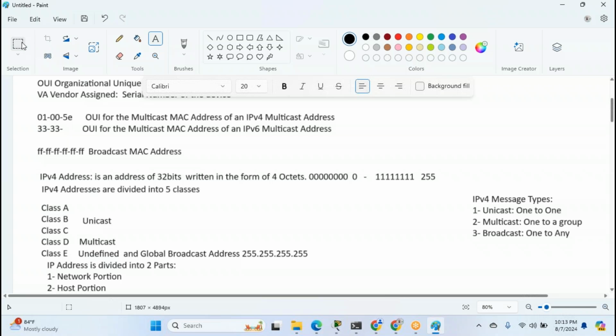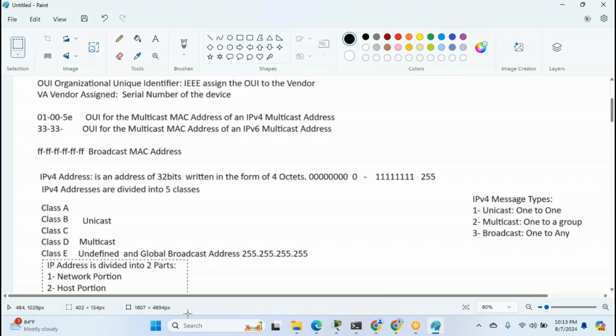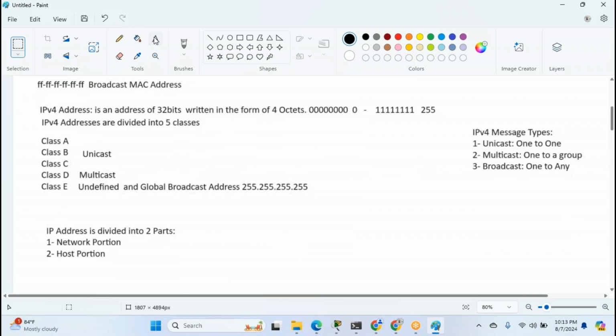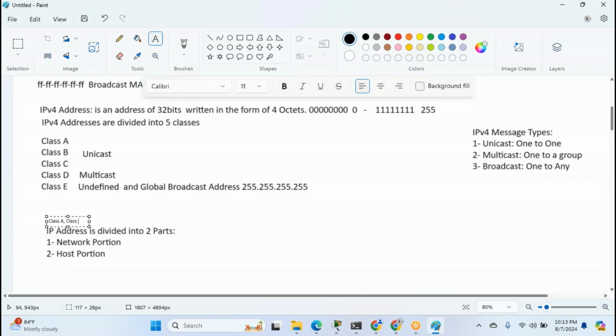When we say an IP address is divided into 2 parts, we are talking about the first 3 classes: class A, class B, class C. IP address is divided into 2 parts, the network portion and the host portion. Each class has a different size of network portion and host portion. We'll discuss it, but right now,